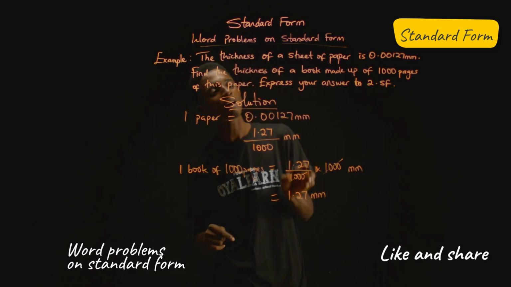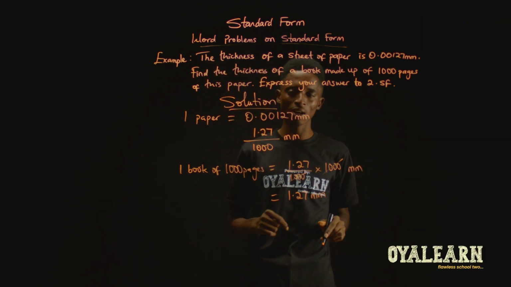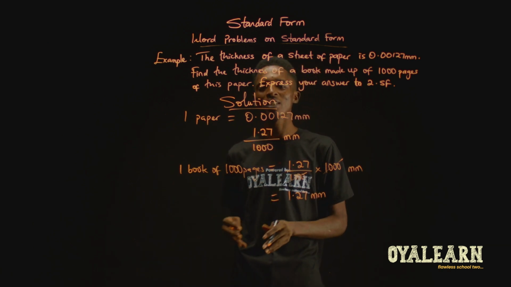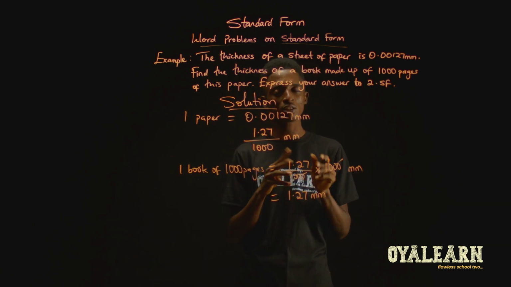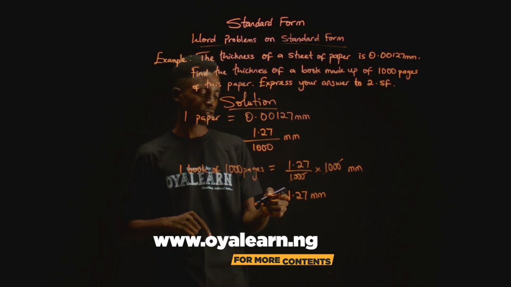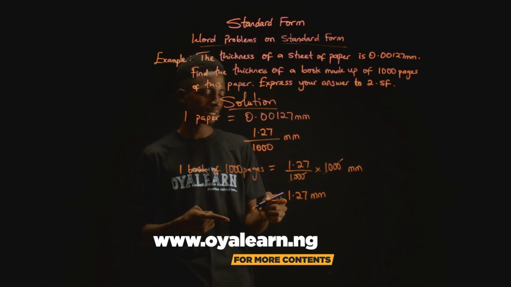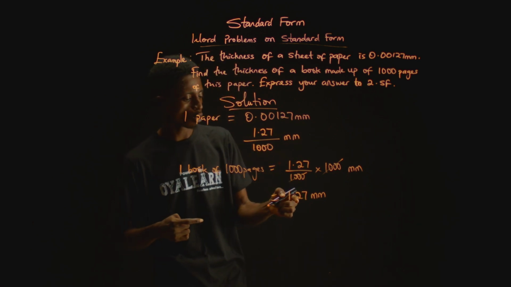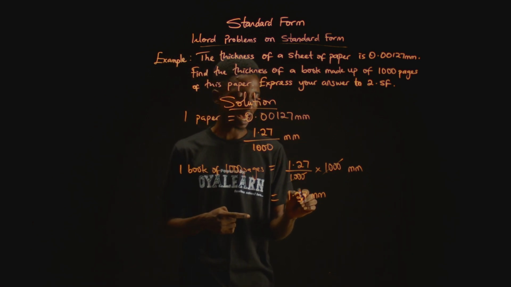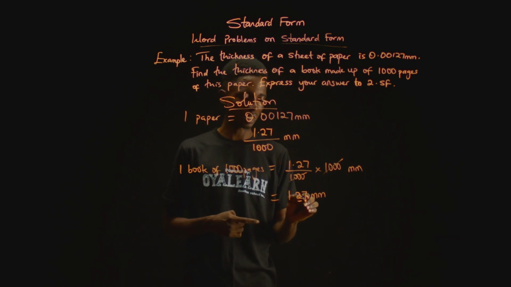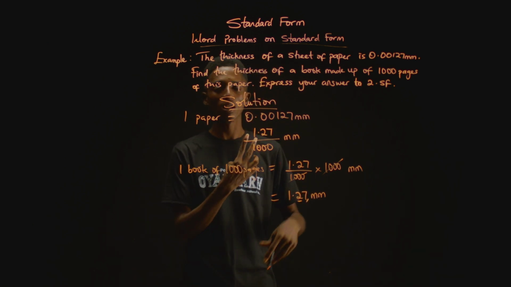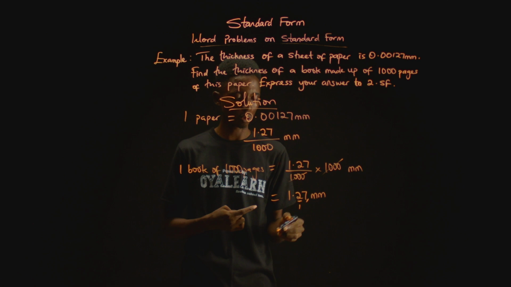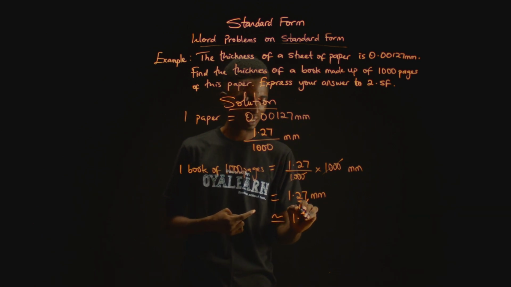millimeters. Now, to approximate this to two significant figures, we will start from the left and identify the non-zeros, the first two digits we have. So this is the non-zero, so that is 1, and then this is the second significant figure. The next digit after this rounding off point is 7. That means we will round up. So we add 1 to 2, and that will give us approximately 1.3